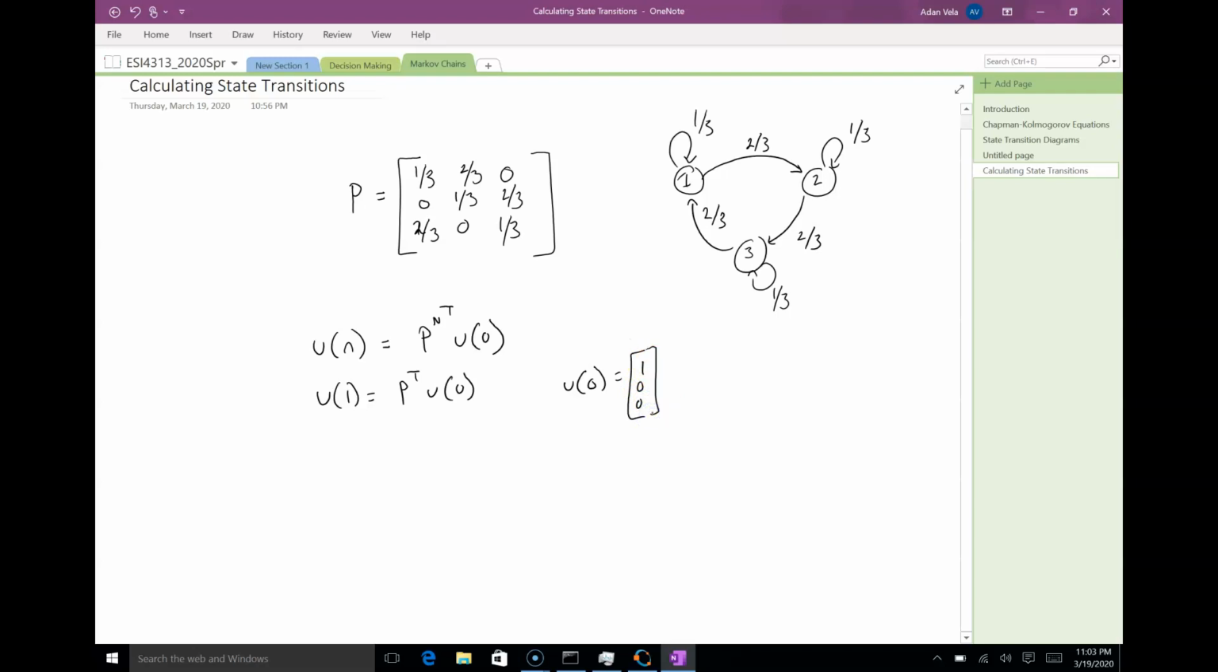And so we actually kind of knew what this answer was, because we can just look at this first column. We know if we're in state 1, then with 1/3 probability we stay in state 1, and with 2/3 probability we go to state 2. So the quick answer, without actually multiplying the matrix, is that our distribution is 1/3, 2/3, 0. So what does this mean? That at time step 1,